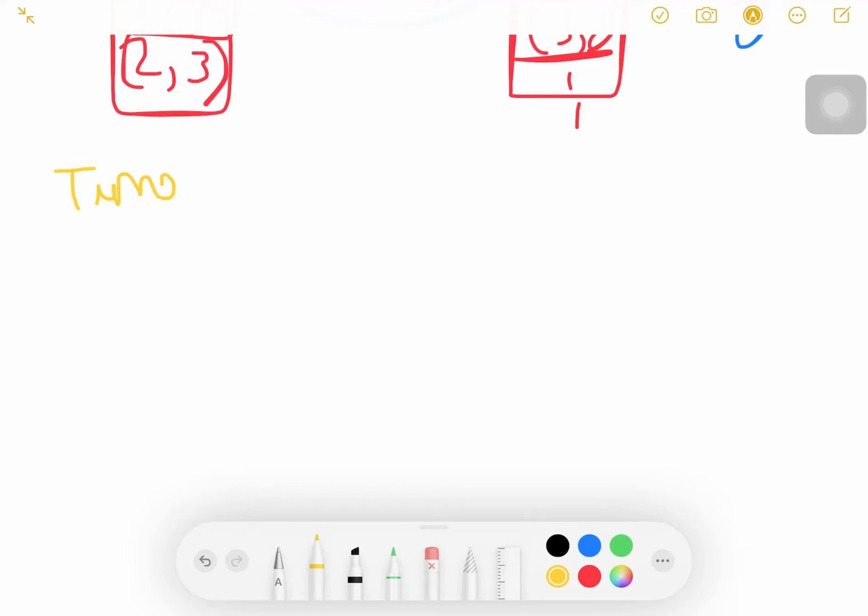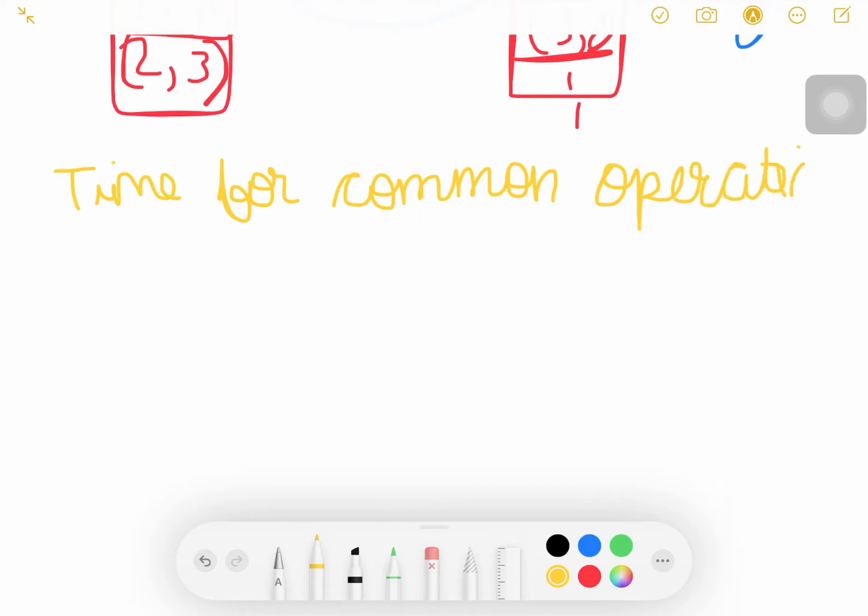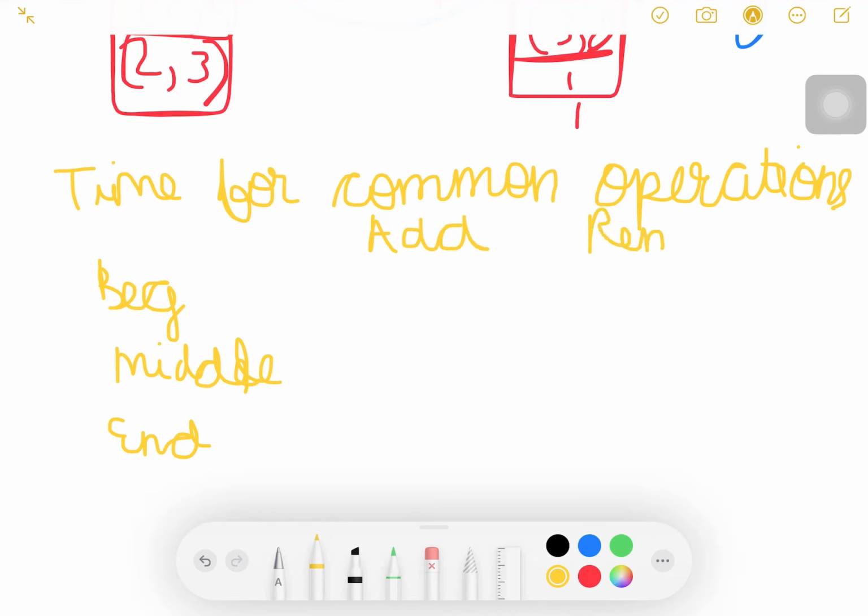Time for common operations: at the beginning of the array, at the middle of the array, at the end of the array. It is adding of an element or removal of an element.